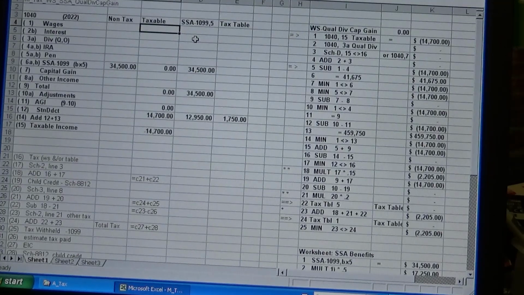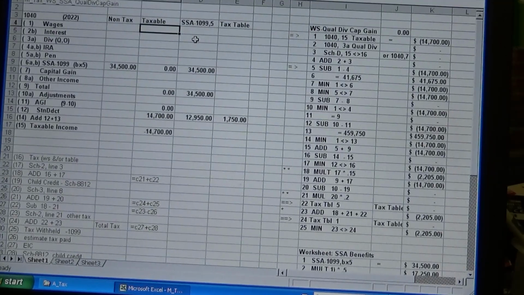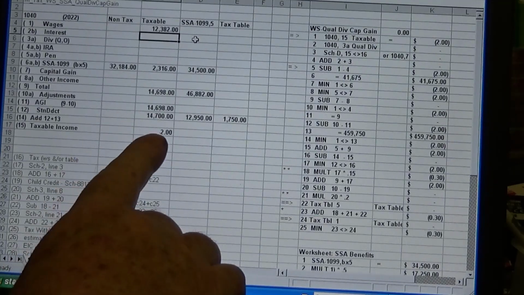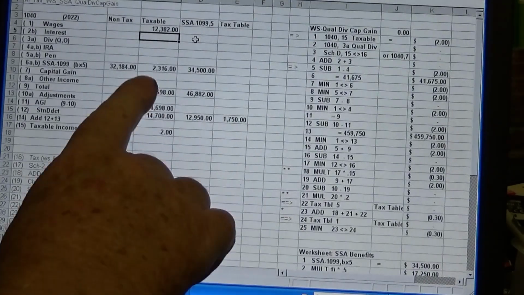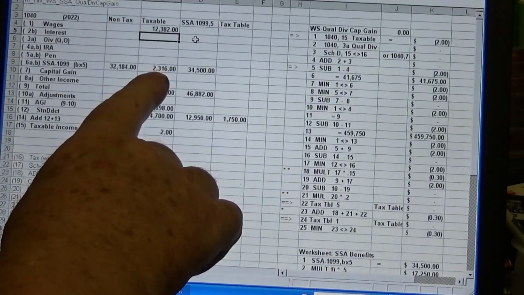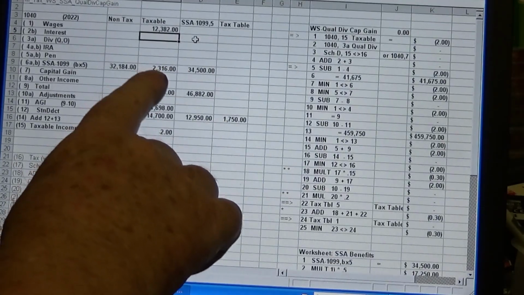So I have a part-time job where I'm trying to make ends meet. $12,382, and you notice down here we have -$2, and look how much our taxable Social Security has jumped up